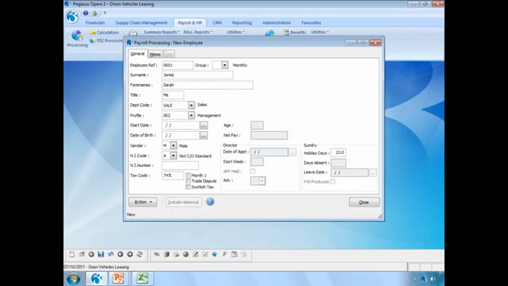What's the start date? What's her date of birth? I'll mark her as a female. And what's the NI number? Notice it's also calculating the age for this particular employee. If I save this away,